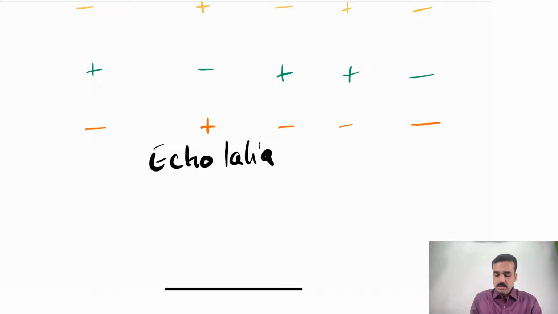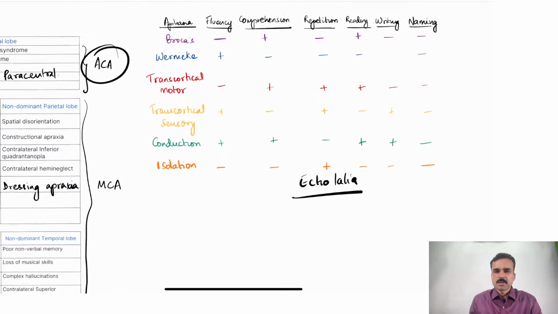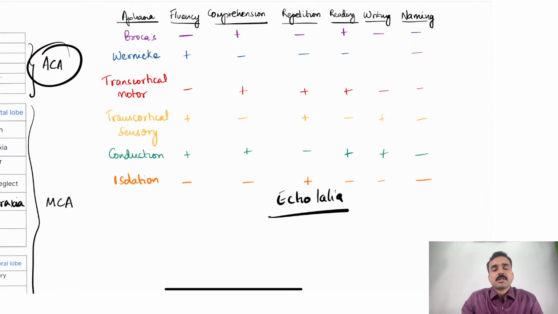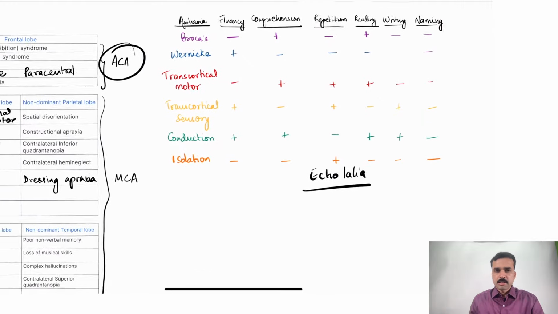So, they may give you a scenario where a person has developed a stroke and the person is only repeating whatever is being told to him, but is not understanding, the comprehension is lost and the speech is non-fluent. So, what kind of aphasia is it? It is isolation aphasia. Okay, so these are possible questions based on aphasia. Okay, so please revise aphasia